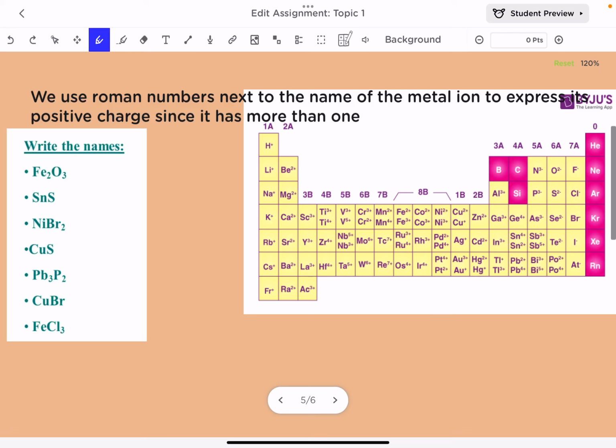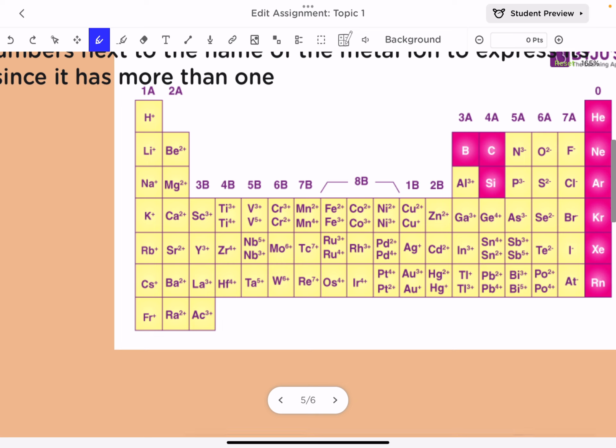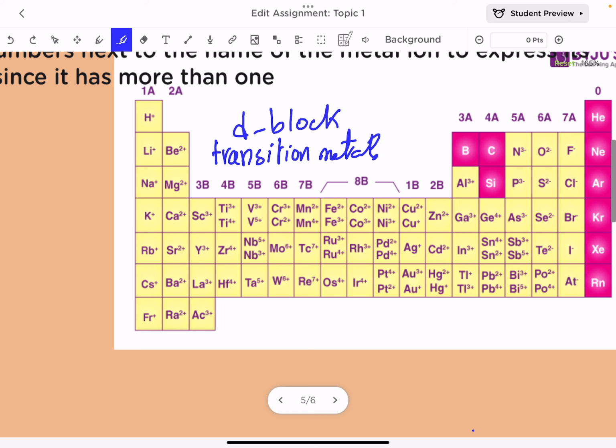In order to write the name of an ionic compound containing a metal having more than one possible positive charge. If you notice here in my periodic table, I have some positive elements, specifically those found in the D block element, which we call the transition metals. The transition metals and some other metals have more than one oxidation number, more than one charge when they